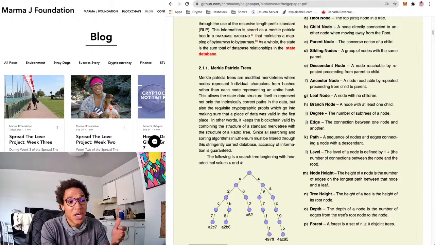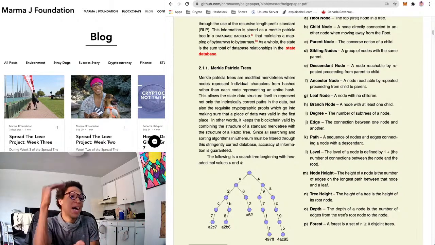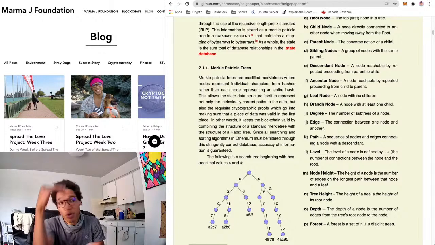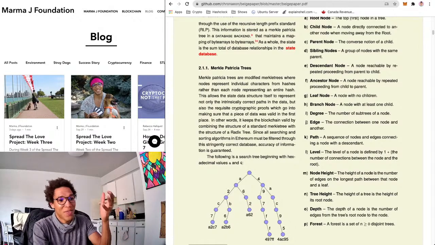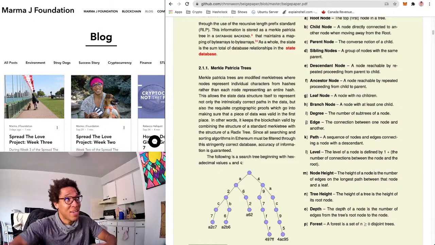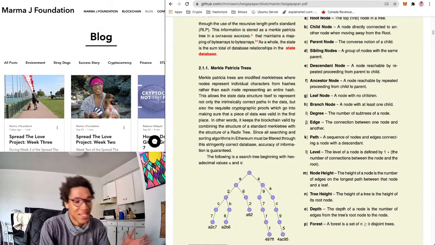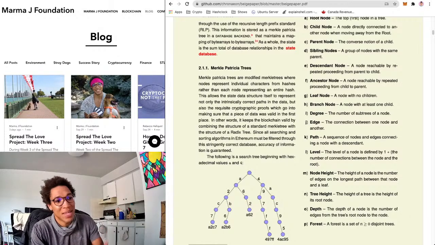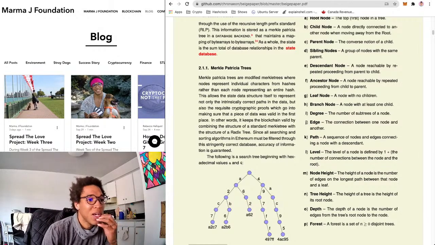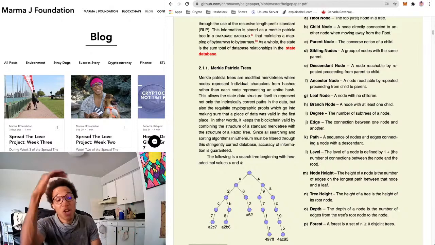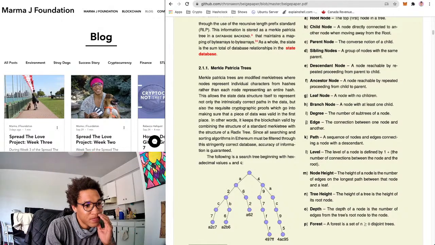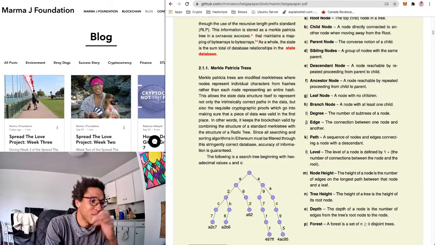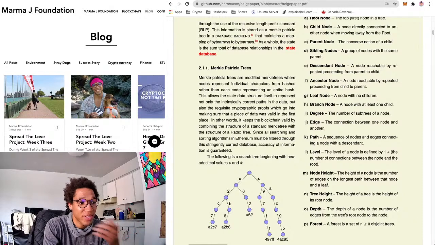Whereas if your node is higher up in that tree, you might only care about where you are in that tree. If you're trying to validate the entire state of Ethereum, you might need the node heights of everything. So the tree heights. You might need to know the tree height in general, which is just the height of the root node. So you're looking at always the root node compared to everything else.